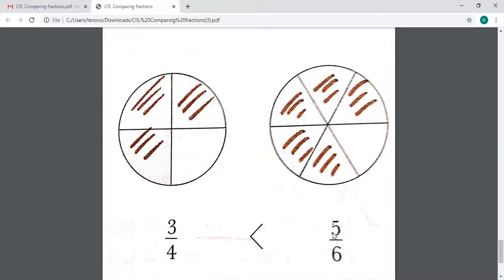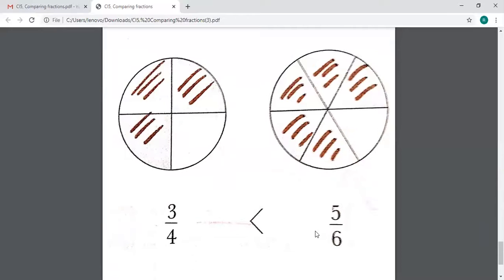Now when we do the sums, we cannot keep on drawing, suppose ascending order, descending order, we cannot keep on drawing the same size, coloring and all. That we can do as an activity. Otherwise, we cannot do it in every sum, isn't it? So what we do, we find the LCM of the denominators and then find an equivalent fraction of 3 by 4 with that LCM as the denominator. And for 5 by 6 with that same denominator. And then we find the numerator from the equivalent fraction, and then it becomes easy to compare. So that's clear, I hope.